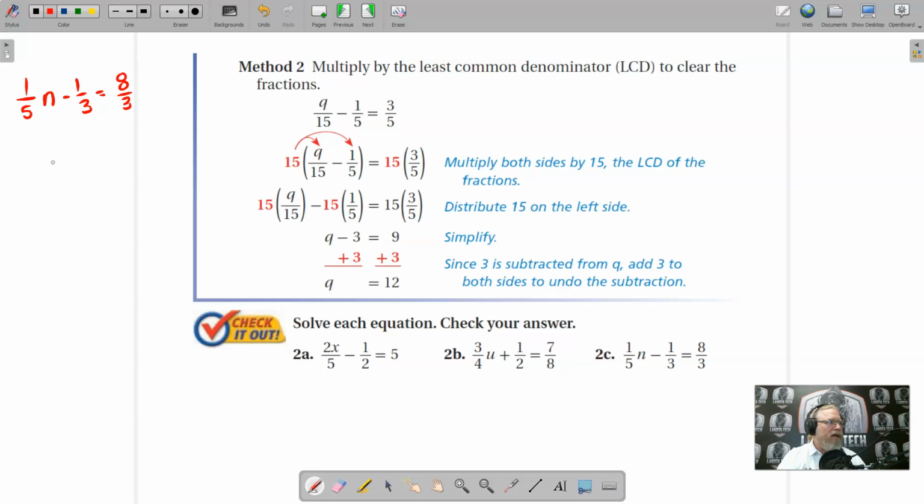So I want to go ahead and take this 1 over 5n minus 1 over 3 and put it in parentheses equals 8 over 3. Let's put that in parentheses as well, and we're going to multiply both sides by 15. So distribute the 15 into the parentheses, I get 15 over 5, right? Don't forget the n. And this is a positive times a negative, so I'm going to get a negative. And 15 times 1 is 15 over 3 equals,